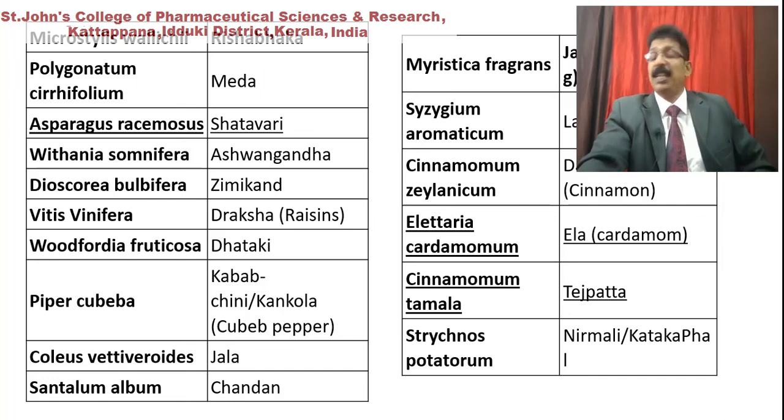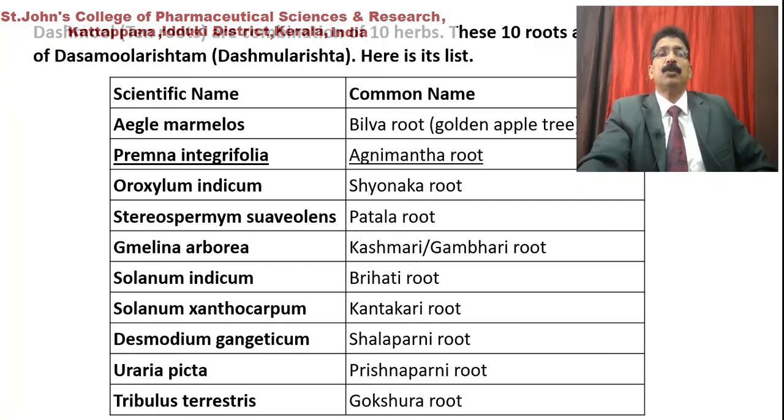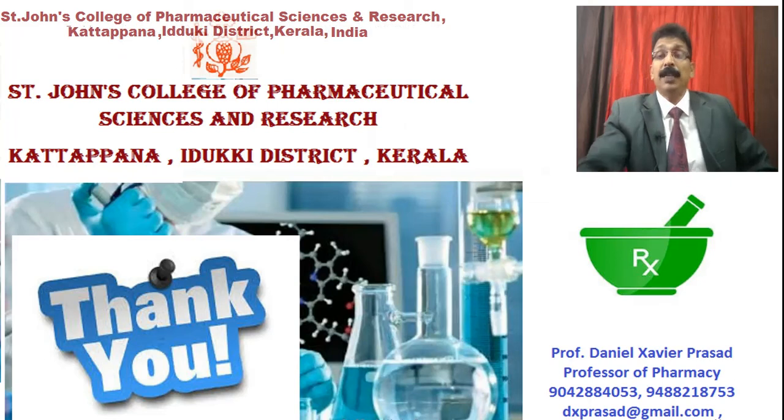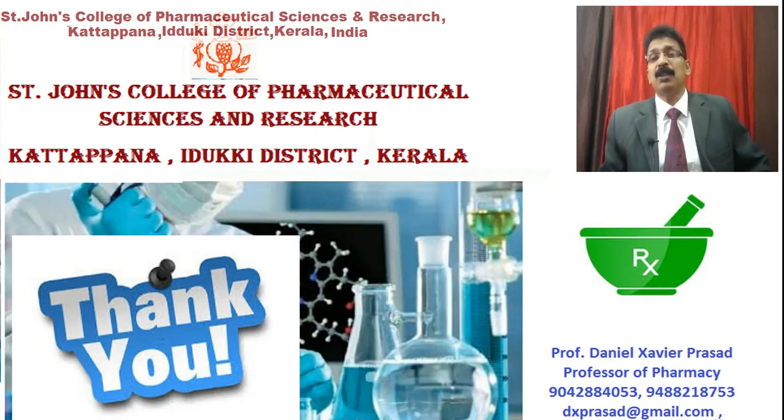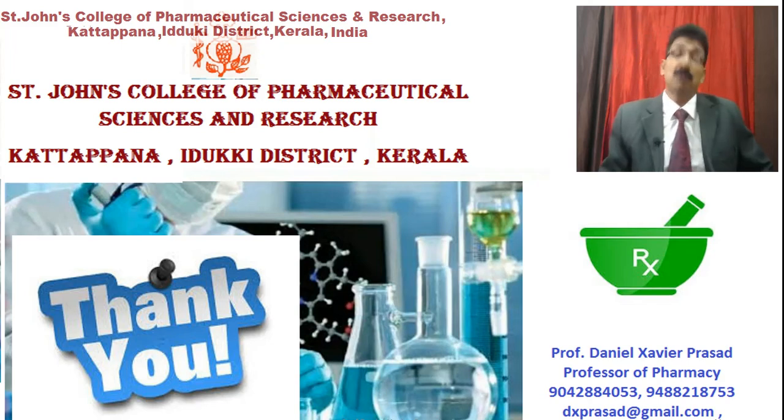A list of products is there, and I have made some of the list of products just to go through and to have an idea about the examples to be mentioned, in case you are writing about products. In the next class, we have to come across all the other formulations which are available in Ayurveda, and also we have to go through some of the other systems followed in India like Siddha, Unani, and even homeopathy, which is another system of medicine: how they are followed, what their preparations are, and standardization. We have to go through this in a brief manner.